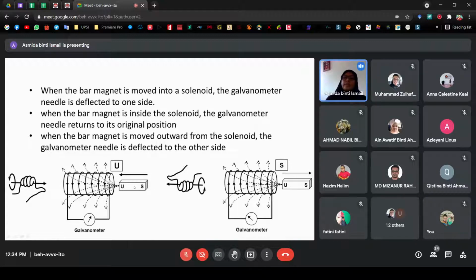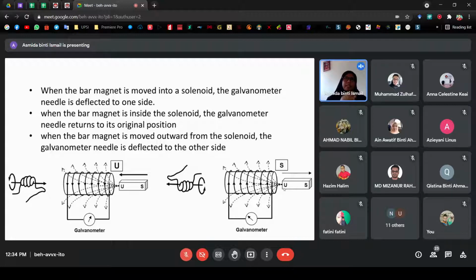Kalau you move this bar into this, so dia akan ada induced current. So your galvanometer ni akan bergerak. Okay. Tapi when you letak this bar inside the solenoid, means that there are no movement. The galvanometer needle returns to its original position, means that there is no induced current. Okay. But when the bar magnet is moved out, tapi bila you keluarkan balik, okay, means ada